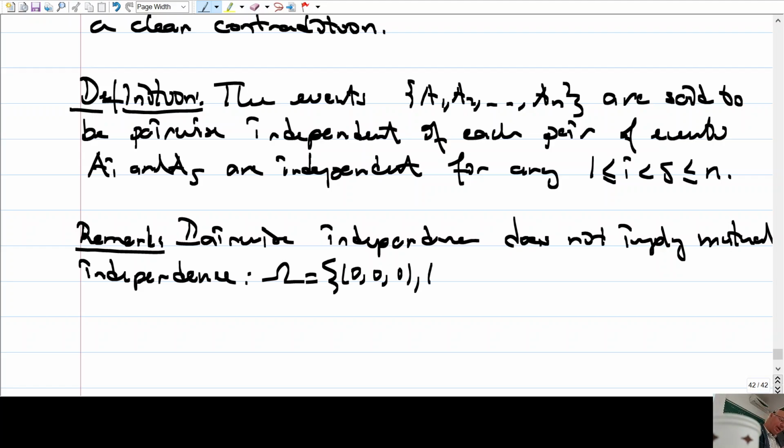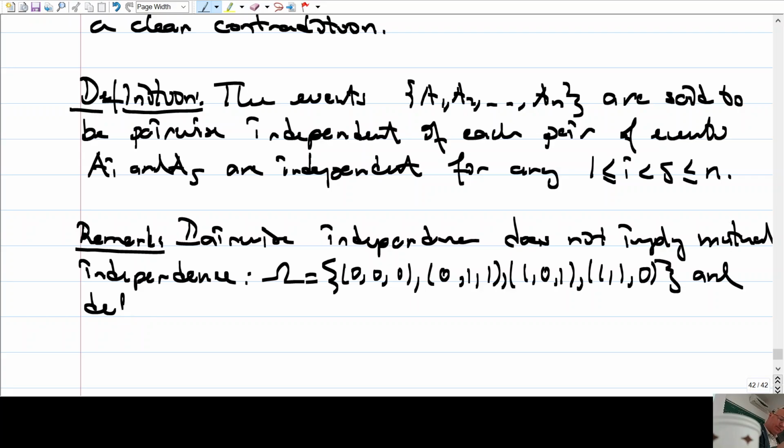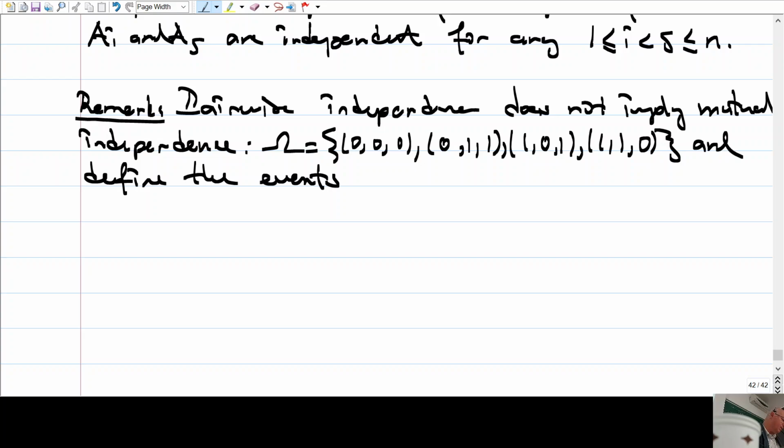Let's consider the following example. Our sample space is this set: 1, 0, 1 and 1, 1, 0, and so on, and define the events. So this is like tossing a coin, or 3 coins, or tossing a coin 3 times, and you have this sample space, but you don't consider all the possibilities, just only 4 of them, and we define the following